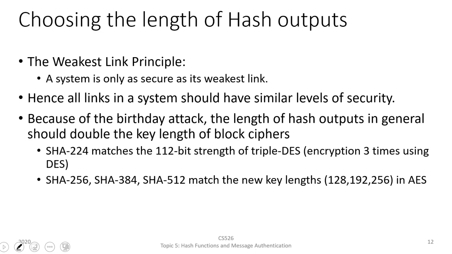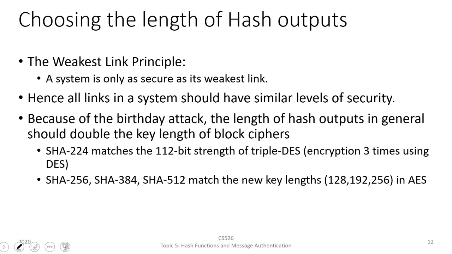So when we think about choosing the hash output lengths, the idea is, if we have a longer hash length, it would be more secure. But given hashing is going to be an important part of our secure communications, even if we have a weakest link in terms of a hash function, that can compromise the overall security that we have. So the principle of weakest link. So we would want to ensure that it is as strong as the encryption and things like that that we